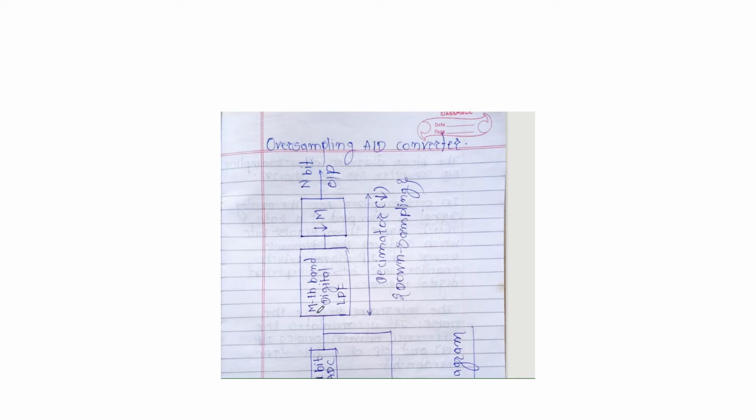Okay. So now what is the significance of this 1 bit ADC and 1 bit DAC? Why is 1 bit used? Because our approach is oversampling. What happens because of the oversampling? Resolution is very high. Resolution means accuracy is very high, meaning adjacent samples are separated by a very minimum value. So as the adjacent samples are separated by a very small value, that's why we can go for 1 bit ADC as well as 1 bit DAC.